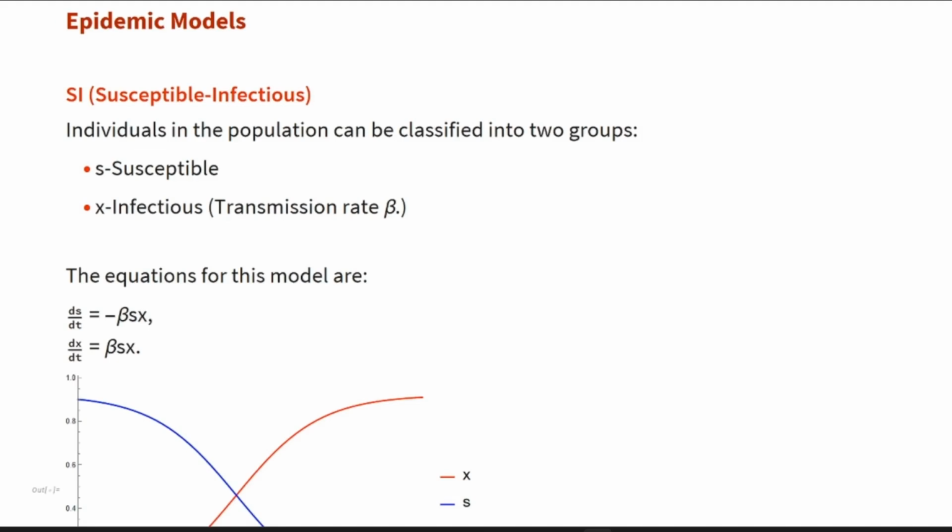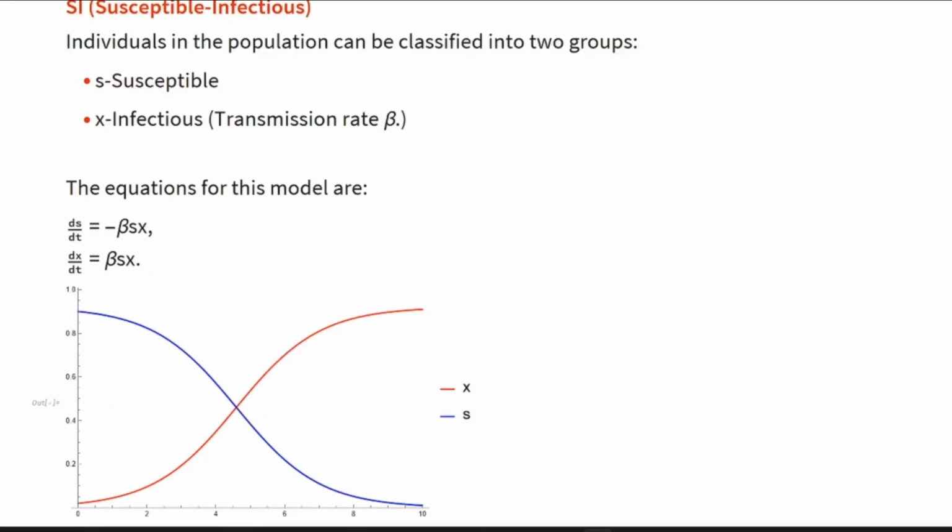the spread of infectious diseases within a population. In this model, individuals in the population can be classified into two groups: the susceptible individuals, who can be infected if they come into contact with an infectious individual, and the infectious individuals, the ones that are already infected and can transmit the disease to susceptible individuals. Here, once an individual becomes infected, they remain infectious forever, and the number of individuals is constant. So overall, the fraction of the population in the susceptible state decreases, and the fraction of the population in the